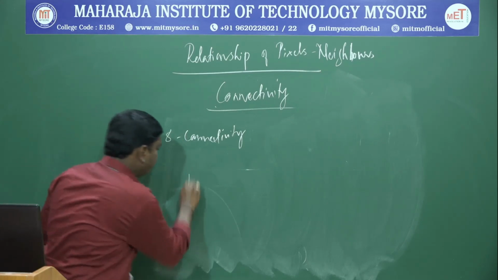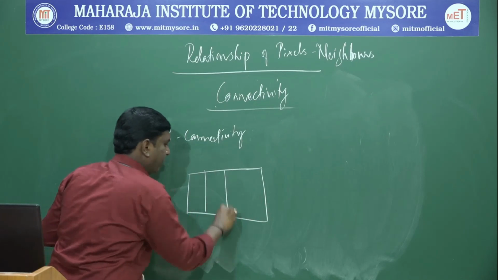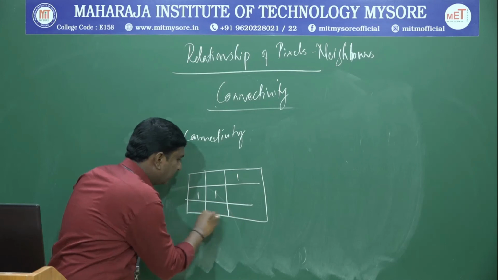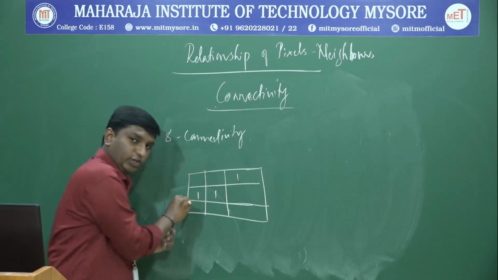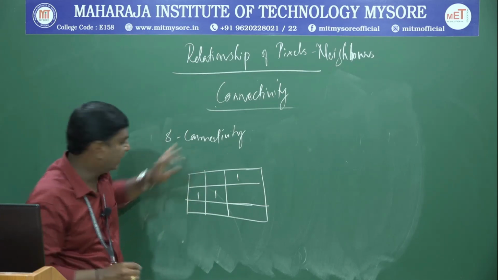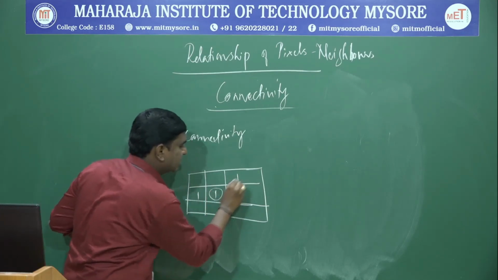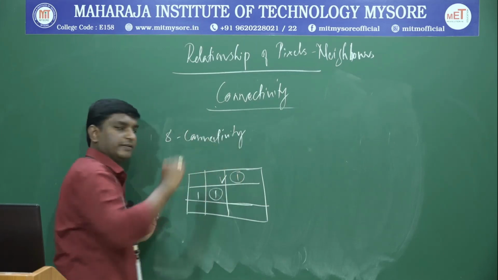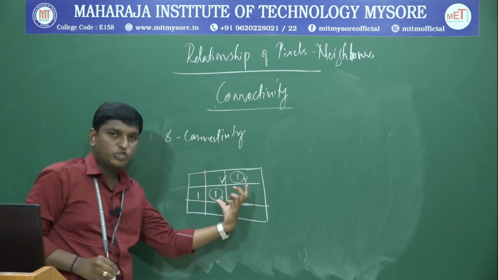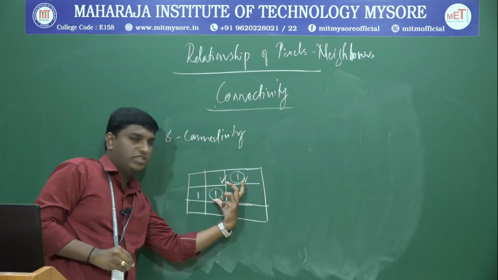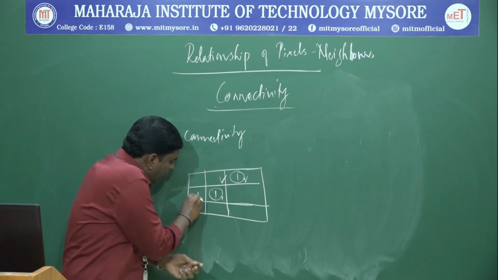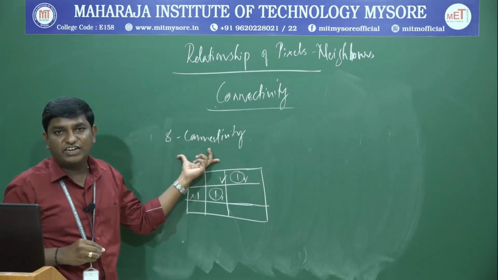In 8 connectivity, we will take one more example here. The same example if I take, we tell that this pixel is connected to this pixel with the N4 connectivity. But when we are discussing the 8 connectivity, this pixel is connected to this pixel, yes. This pixel P and this pixel Q, if I consider these two pixels, this pixel belongs to this using an N4 connectivity rule, whereas this pixel does not belong to this pixel using 8 connectivity.